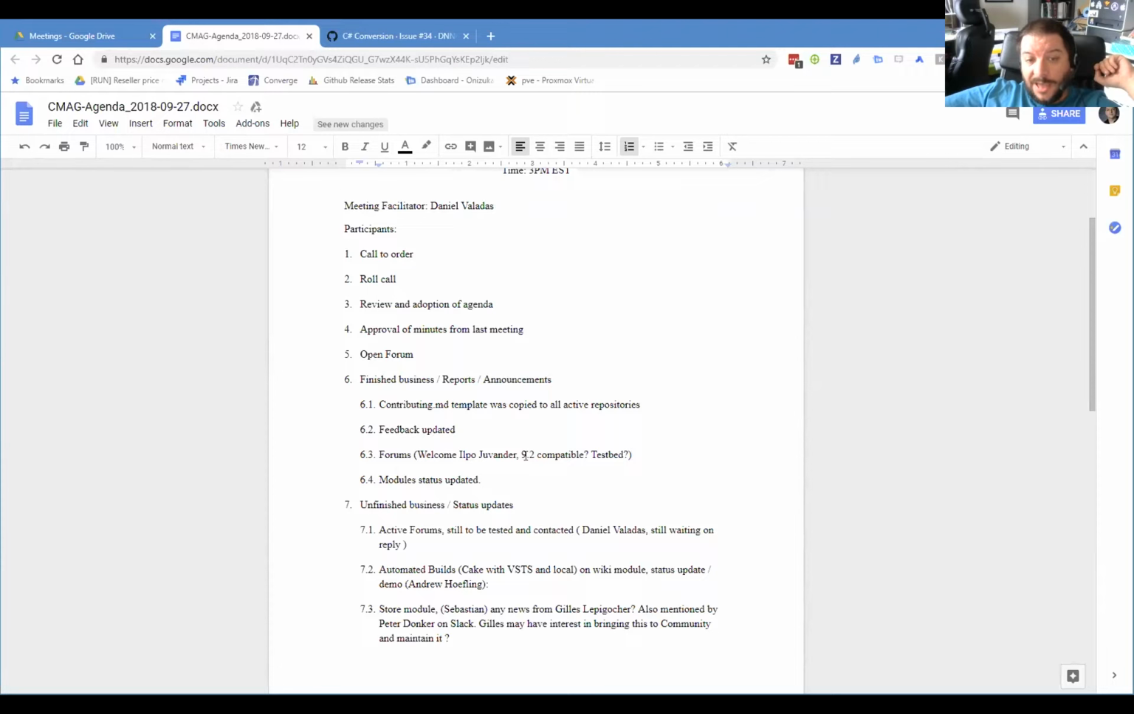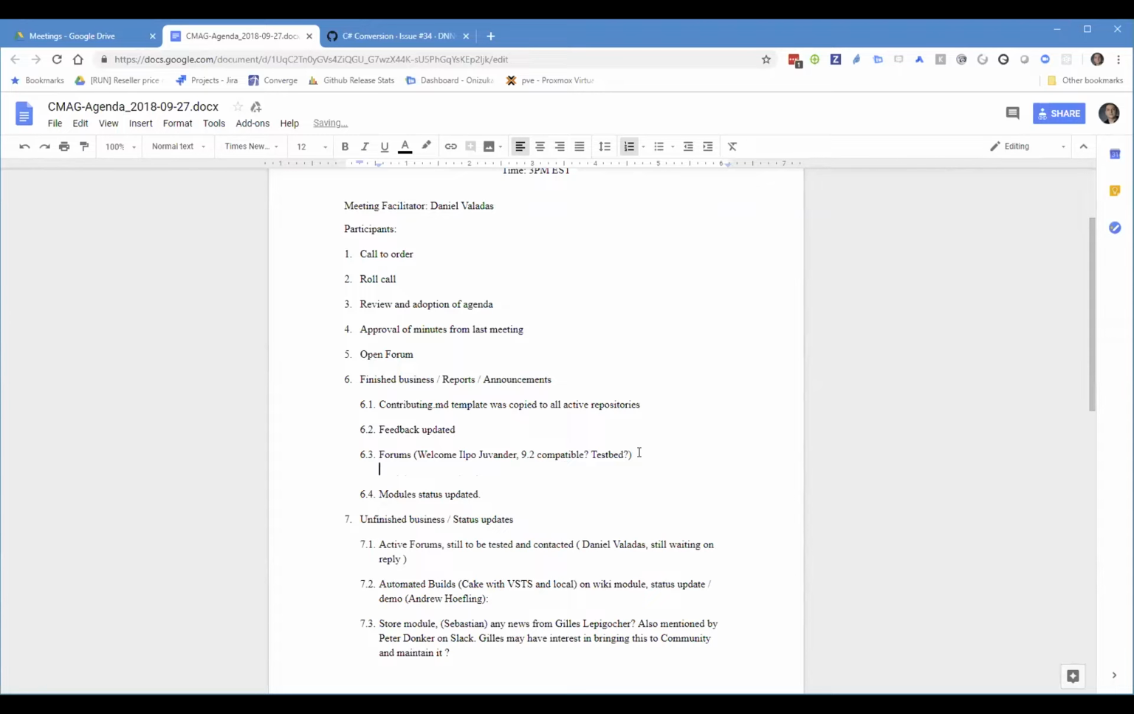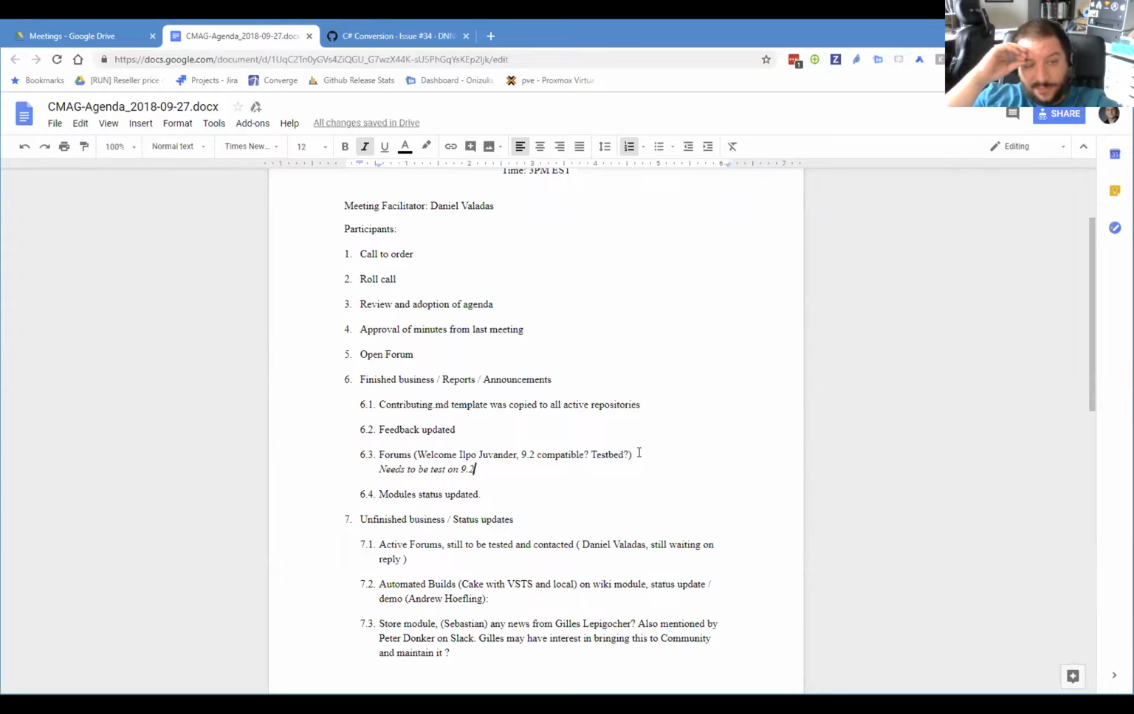Now we need to have that discussion again because Ilpo Juvender, who is in the meeting, has been maintaining Forums on a separate repository. And Ilpo, can you confirm if it works with DNN 9.2? I haven't even tried, but I doubt it, since it has references to modules that are no longer there, so I guess not. Okay, so I guess the first step would be